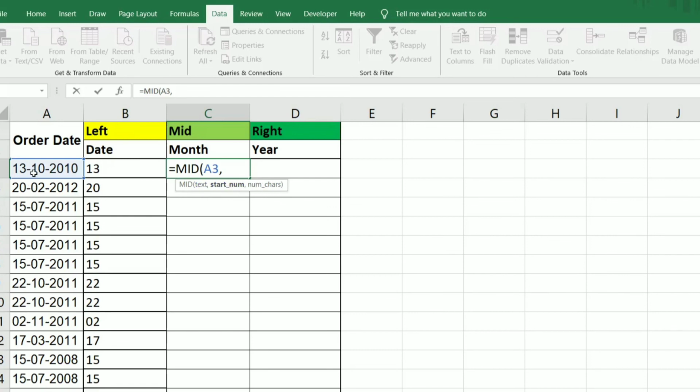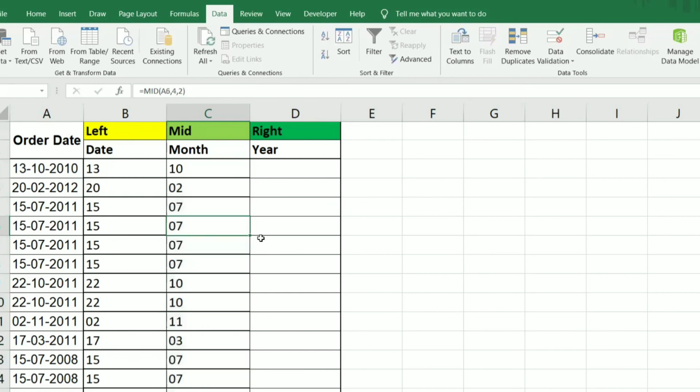The start number means it should be after the 13 and the dash is omitted, so the position of the character is 4, right? Then we have a two-digit month, so we provide 2. So we are getting the month, right?